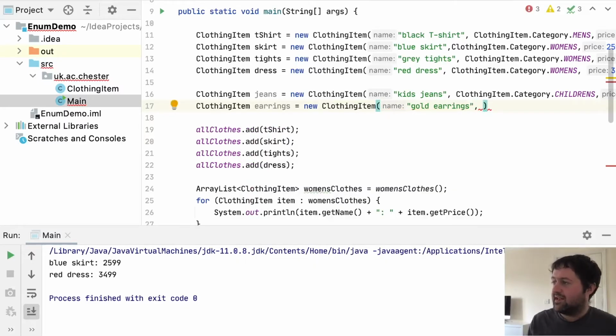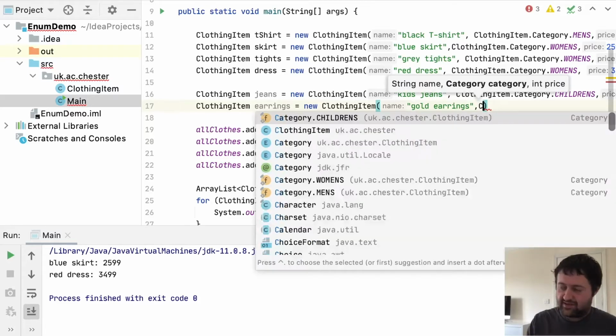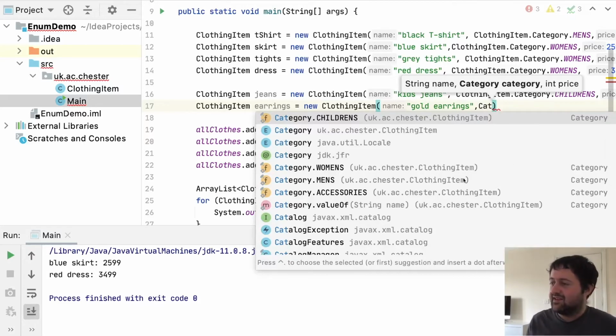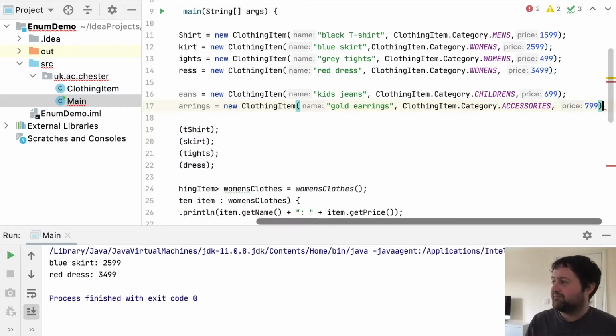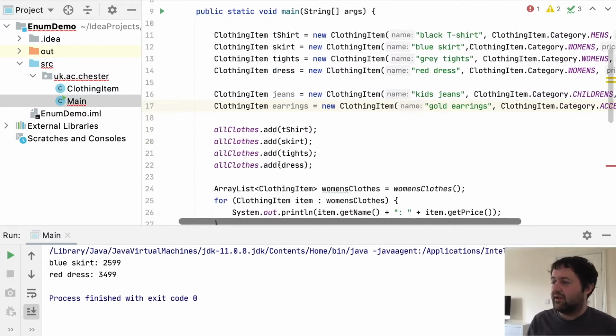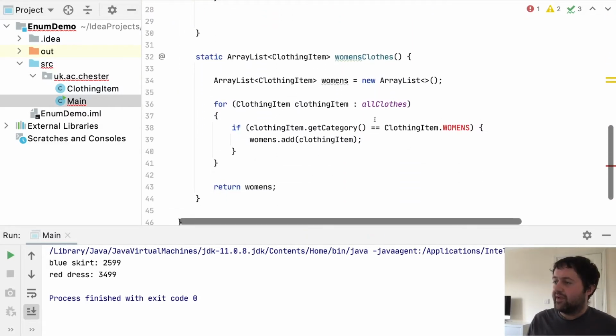And it will tell us it needs, which it should do eventually, let's just try, it needs a category. Okay, so we can say category, we start typing category, it will suggest, so we can say category dot accessories, and then we can give it a price. The one final thing we need to do here is to check the category against the